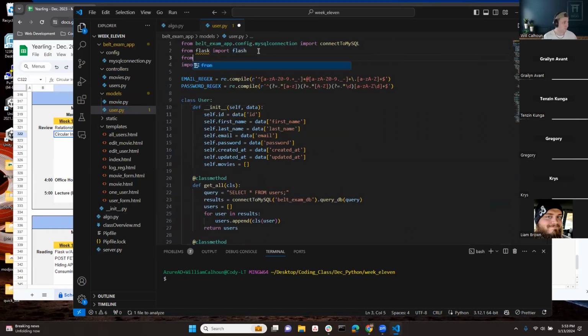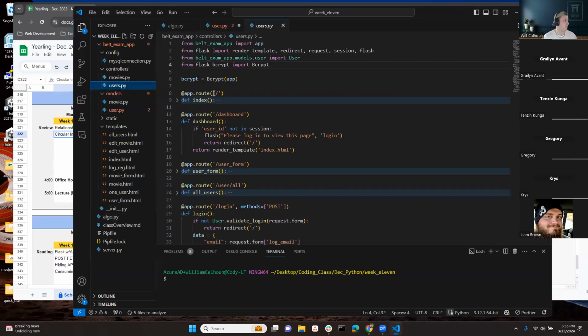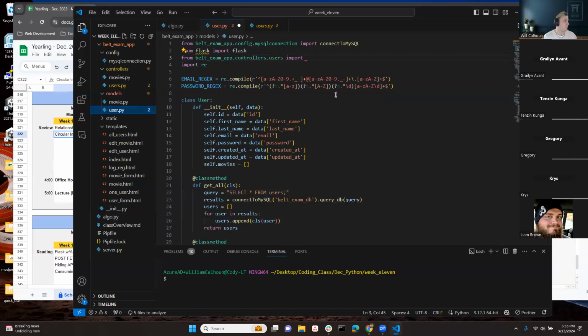If I said from belt exam dot controllers dot users import users, or import index, we'll just say import index. Well, I'm saying that in order for this file to run, I need to go to controllers and